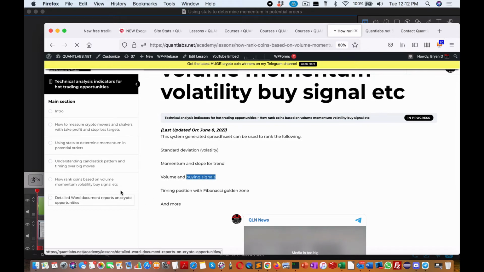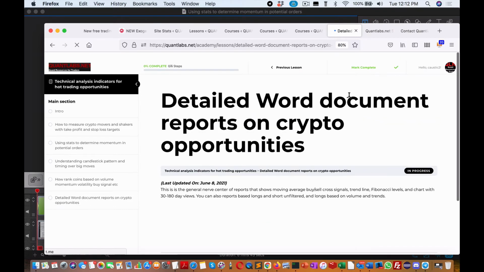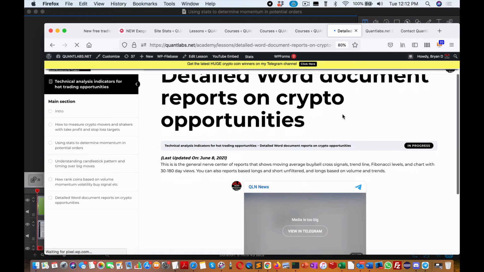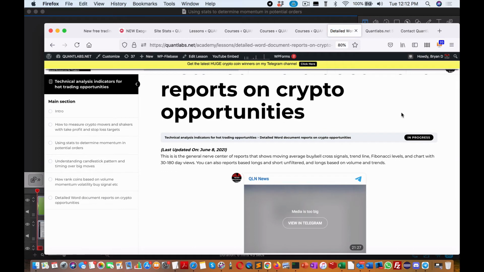Lastly, this is the mother of all reports. It's delivered in Word documents. So here, and again, it's all system generated, but what you can learn from that is basically the most probably reliable technical indicator out there is moving average buy-sell cross signals. I mean, this is just one area that you could focus on, but it helps filter out all of the